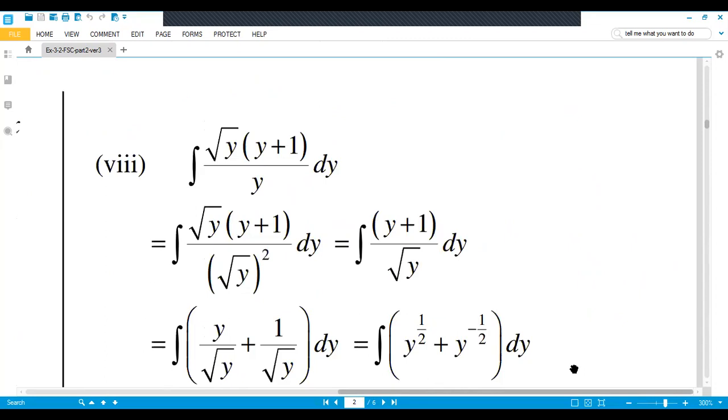Come to the eighth part. In the eighth part, you have given under root y into y plus 1 over y. Look, this under root y, when we shifted,